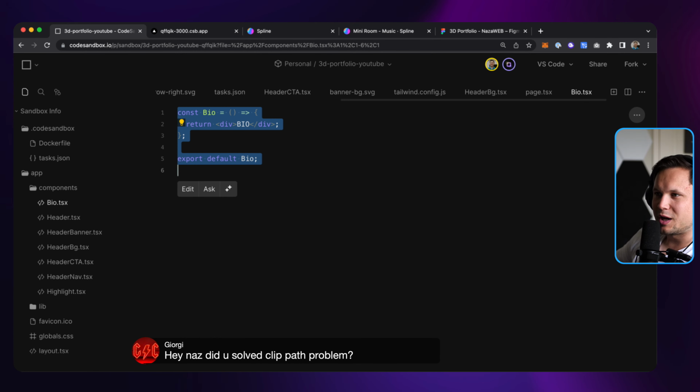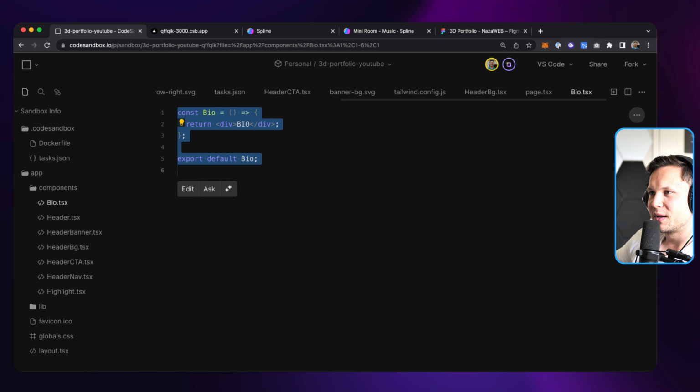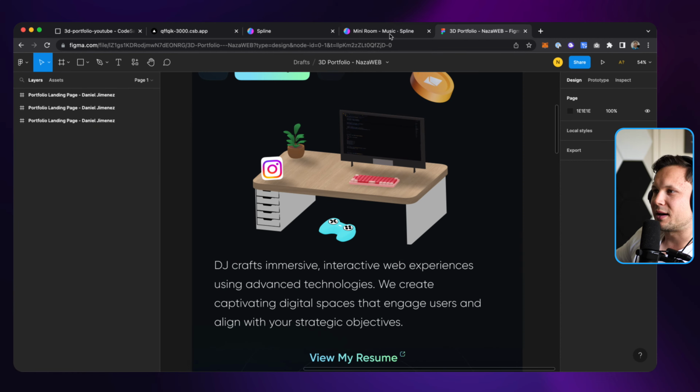So someone asked, did you solve the clip path problem? Actually, still looking into it, the clip path problem. One of the things I'm thinking about actually is